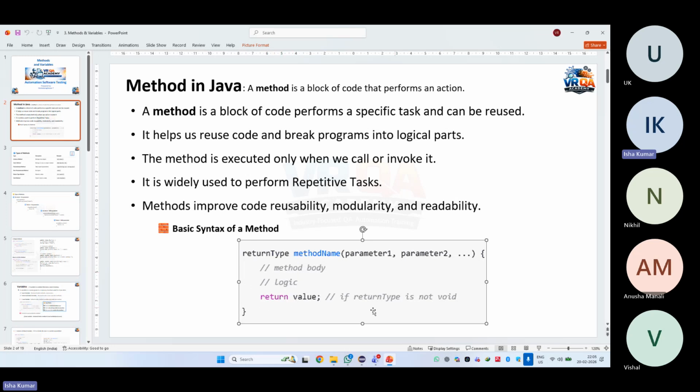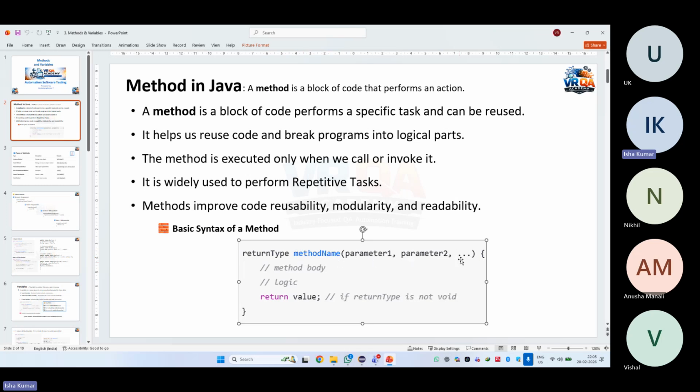So whenever there is some returning value, then you have to mention that return type here, okay? So what is the return type here? 2 plus 2. We saw the data types, right? 2 plus 2 will be 4 only, right? So 4 is a number. So what will be the return type? Int. We can use Integer, okay? So return type will be int and we'll create a method name for that and we